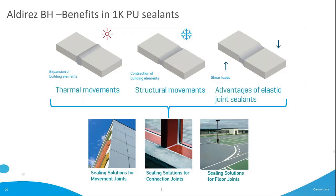To explain the benefits of Aldires BH. So the main benefits of using Aldires BH in one component PU sealants, particularly for the movement joints or in the floor joints. Aldires BH works as a moisture scavenger, and thus it will prevent the generation of carbon dioxide bubbles. Due to no defect in the sealant, the final product will withstand the thermal and the structural movement, as